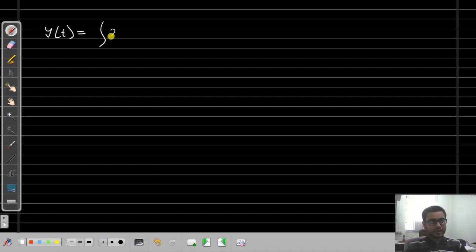Before proceeding further, I will just remind a very important thing, that is the formula y(t) = ∫ x(τ) h(t − τ) dτ from −∞ to +∞. In short, x convolved with h. This formula is valid